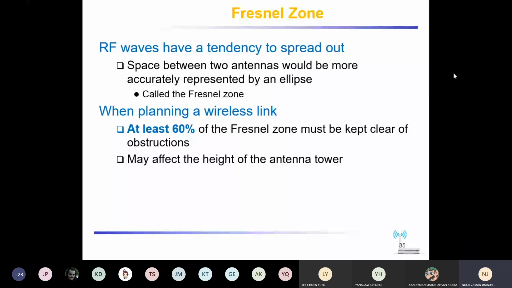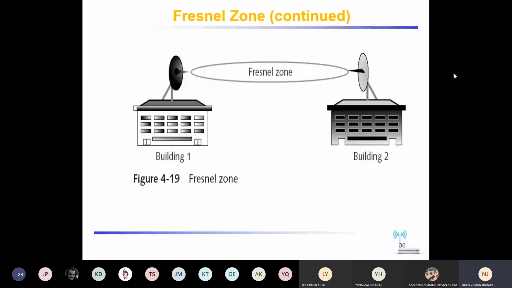What do I mean? See from here. This is with the point to point. This is the Fresnel zone, and inside the Fresnel zone you can see the ellipse. In this ellipse, we must be sure that more than 60% is free of obstacles. What do we mean by obstacles? It should not have any tree, any building, any mountain or any other obstacle. If less than 60% is open area, then we cannot recommend that point-to-point connection.